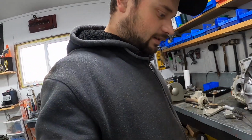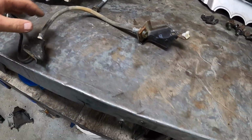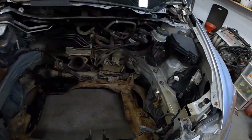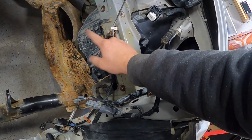So that's that down there, that's going in the garbage. Okay, up here, we've got a clutch master cylinder, line, and bracket. This bracket is in decent condition. Again, nothing wrong with this bracket, but it's covered in a lot of surface rust. And I just want to clean it up, so rather than painting that bracket, we're going to swap it out